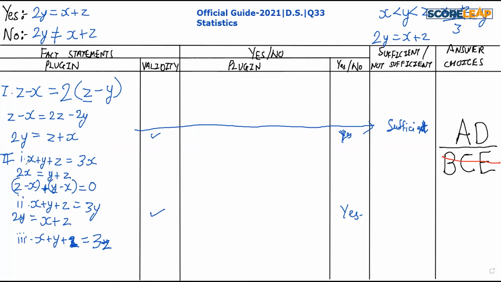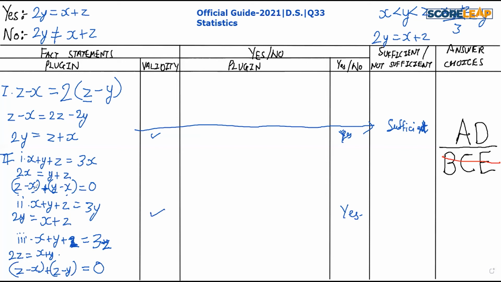But we will have to check whether for the first case and the third case we are getting a no, or whether we can move forward or not. That is the first step; we will have to check the validity also. From the third case, we can say that 2z equals x plus y, or z minus x plus z minus y equals 0, where I am separating 2z into two parts, like I separated 2x into two parts over here.